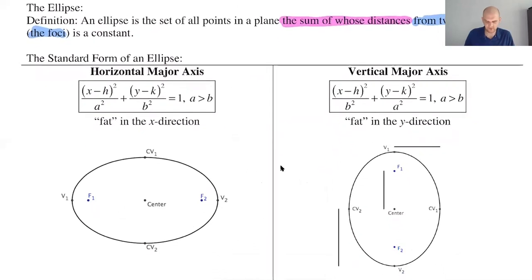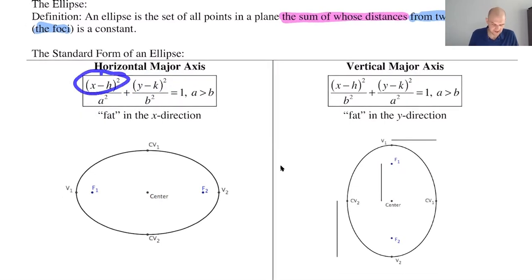First of all, the standard form of an ellipse looks kind of like a circle, except if it was a circle, this would be r squared and these would both be 1. But then if you divided, you would get (x minus h) squared over r squared plus (y minus k) squared over r squared equals 1. So is a circle an ellipse? Not by our definition, but by every reasonable thought process other than the definition, yes. But anyway,